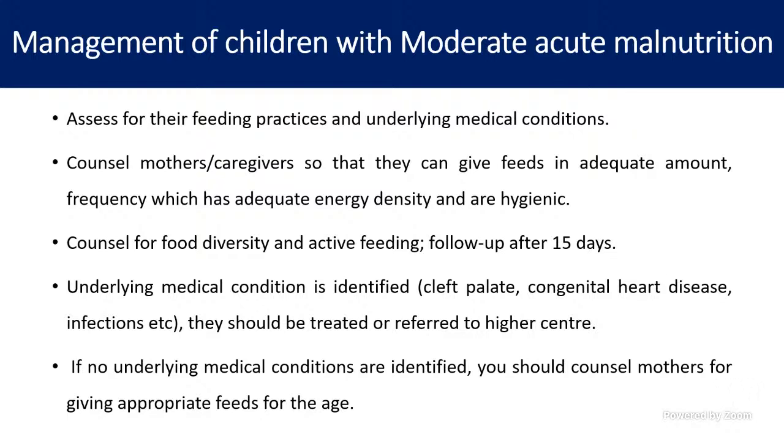And whatever small amount the child is eating, try to make it more energy dense. How can you make the food energy dense? You have to put ghee or oil, and you need food diversity. See different types of food; seasonal fruits she can give. She can mash fruits like mango, or something that's in season, and put it in the milk, and she can give mashed banana. She can give more calorie dense food, like payasam or rice porridge where she can add on ghee. Like this she should do. You need to tell them.